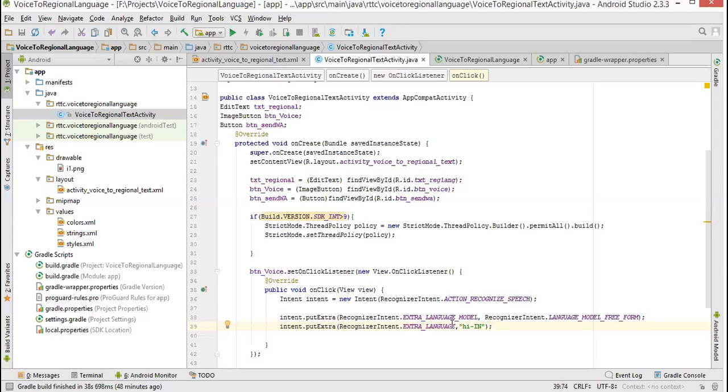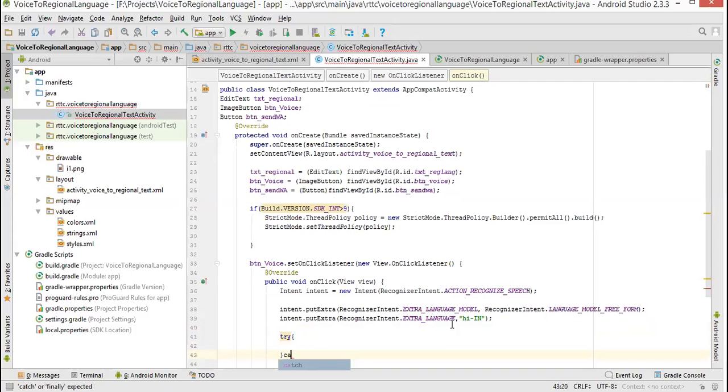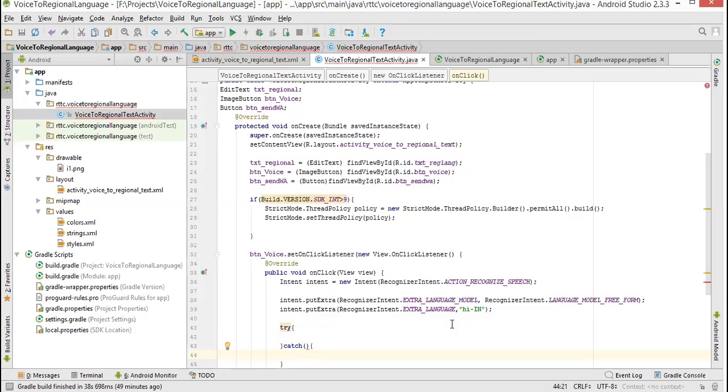The next thing I have to do is try this intent. So I have to put it in a try-catch block. The catch block should follow the try. If you are aware of the Java fundamentals, there should always be a catch for the try.